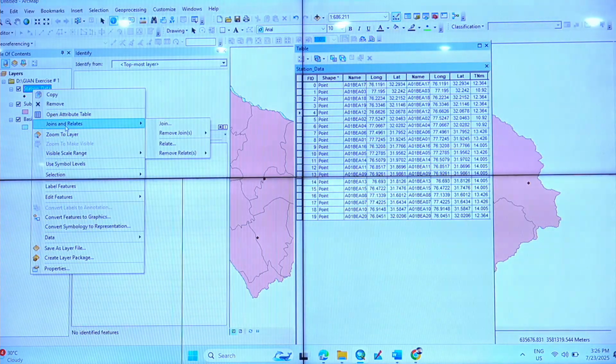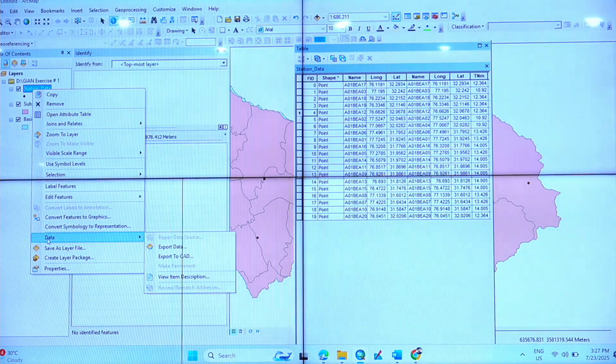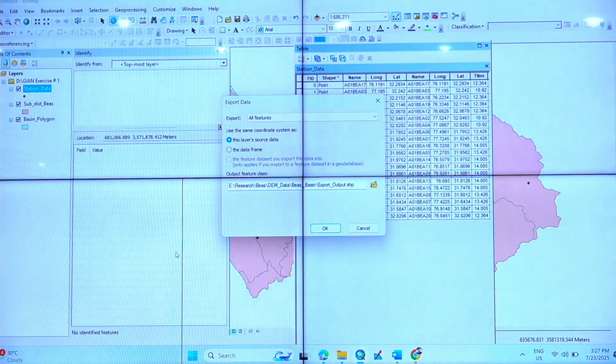I go down, right click on data, and there is an option on the right side, export data. You click on export data and then browse to a folder where you want to save it as a separate file. The original file will remain as it is.